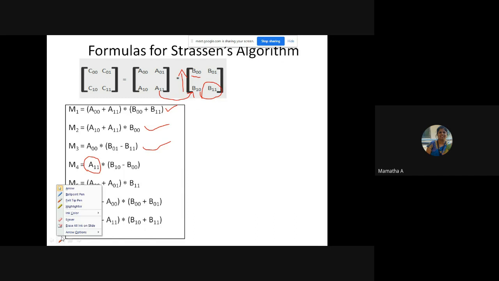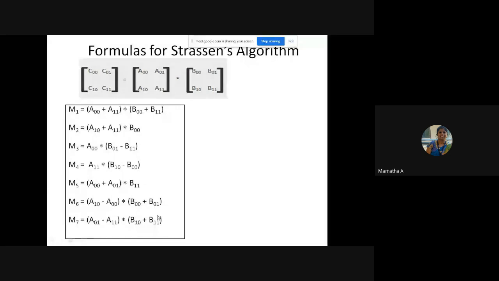So these are the formulas. So keep it in mind, students. This was given by Strassen. I have not given anything. He found this formula for product of two matrices. So you have to somehow remember that is there. So first one is easy. Product of sum of diagonal elements, no problem. When I come to M2, I think M2 is also slightly easier.